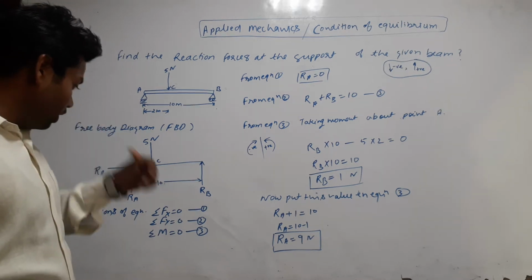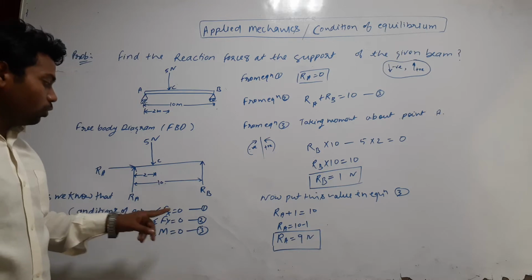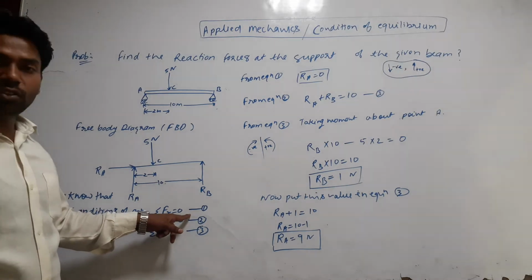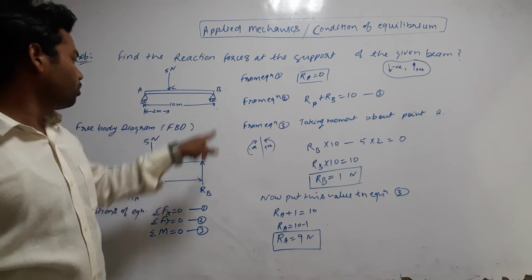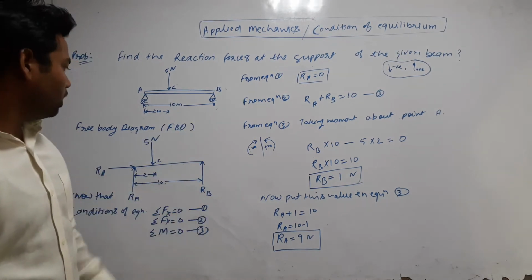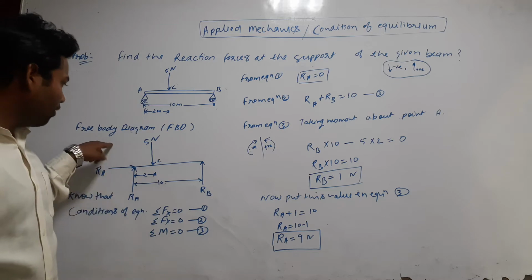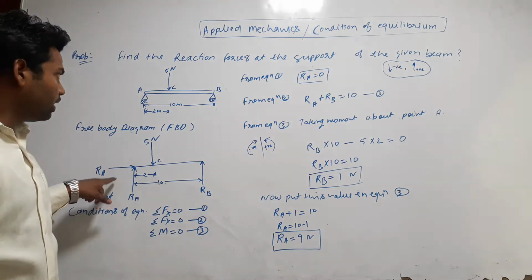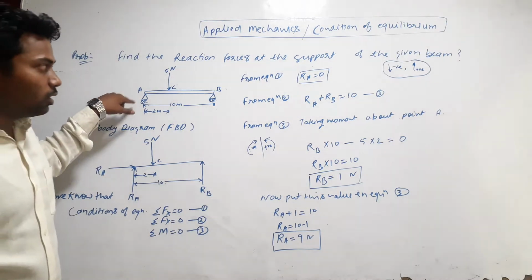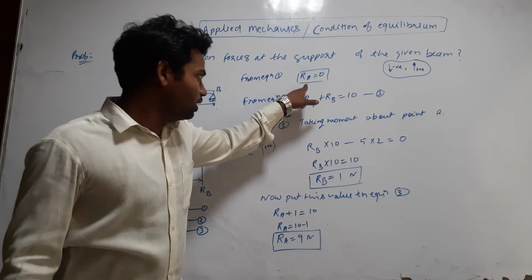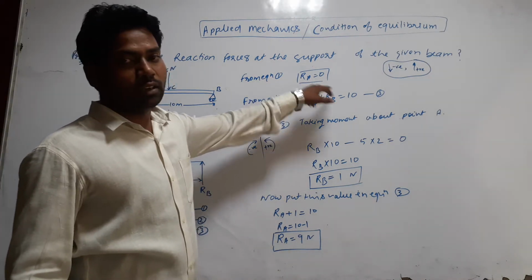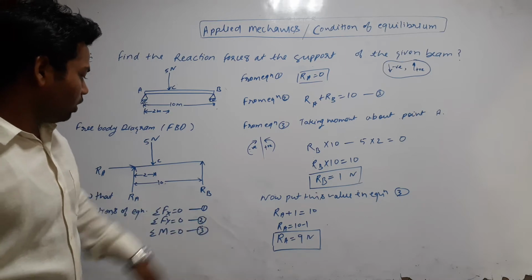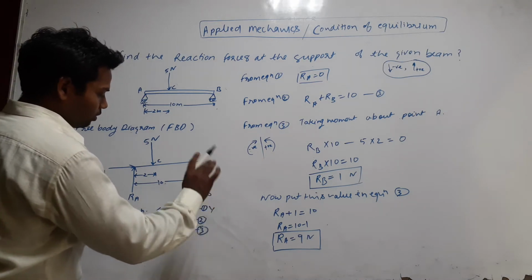So what are these three equilibrium conditions? First one is summation of total horizontal forces on the body should be equal to 0. So according to this, as we apply this equilibrium condition in the beam free body diagram, you can see in the horizontal direction you will have only reaction A, that is given by the fixed support. So here only one reaction force is there in the horizontal direction, so you will get the reaction force RA equal to 0. Now we have done with this equation.